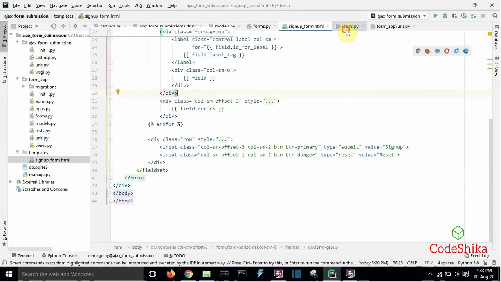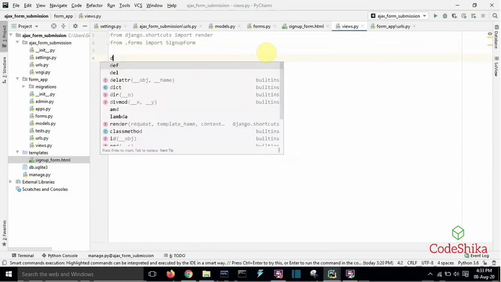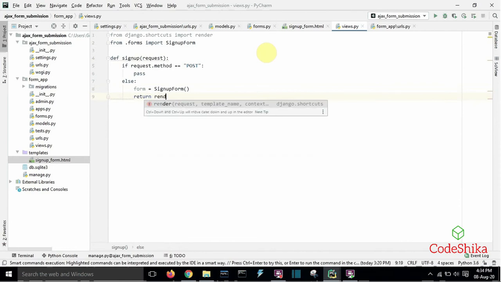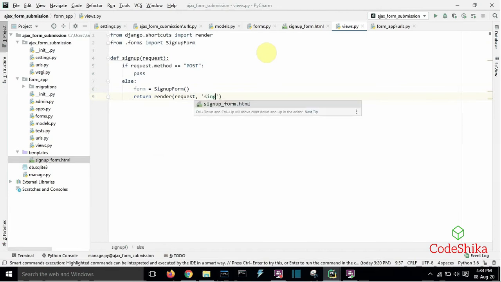Now let's create the view for displaying the form. Type here from .forms import SignUpForm, def signup(request): if request.method == 'POST': pass, else: form = SignUpForm(). return render(request, 'signup_form.html', {'form': form}).